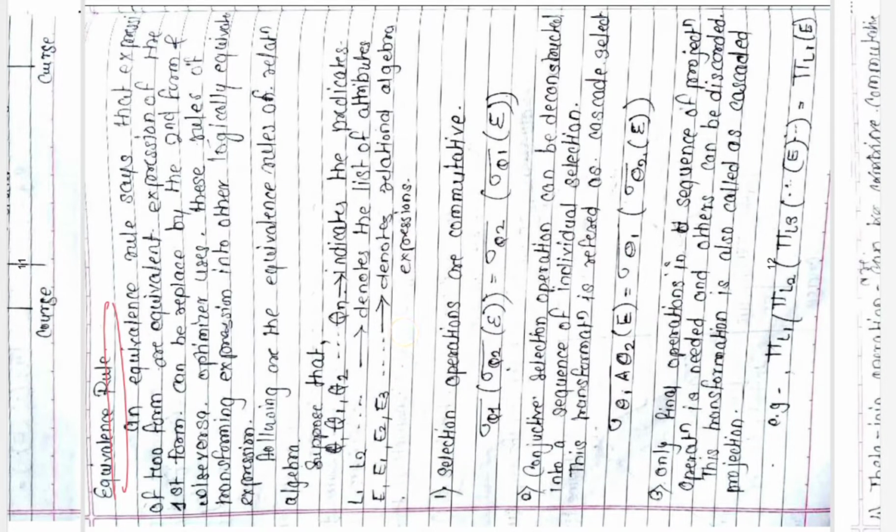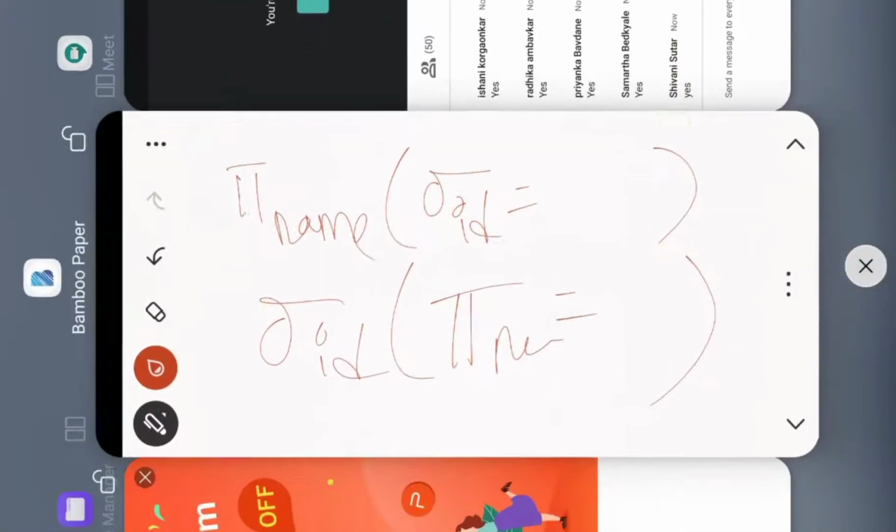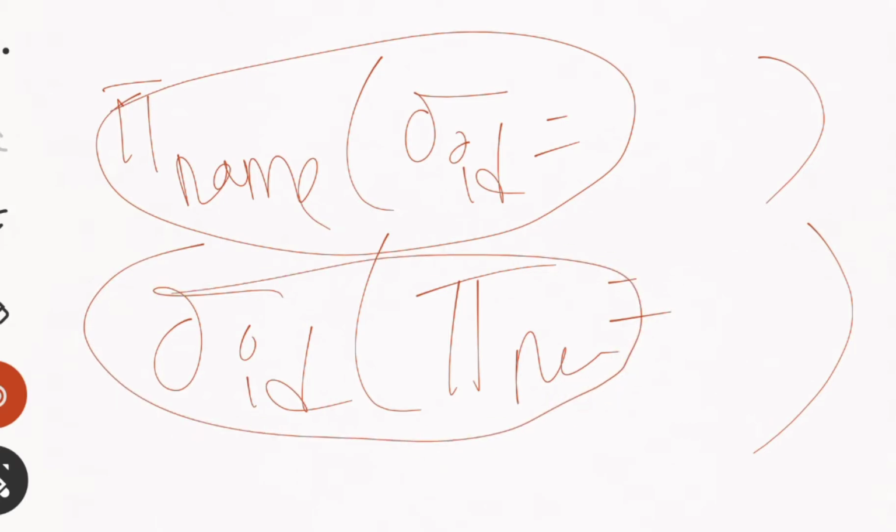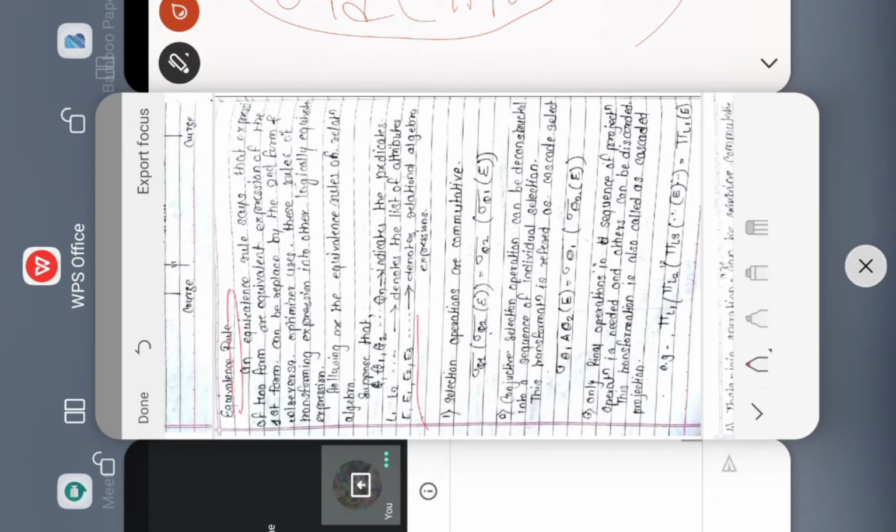E1, E2, E3 up to En are nothing but the relational algebra expressions. What is an expression? An expression is nothing but a query in a simple form. Here I have written an expression, this is also an expression, so an expression can be anything. That's why I am naming it an expression only, not a query. So it denotes the relational algebra expression. E1, E2, E3 are relational algebra expressions, L1, L2, L3 are the list of attributes, and theta 1, theta 2 up to theta n are the list of predicates.